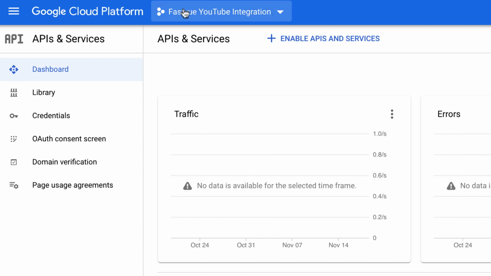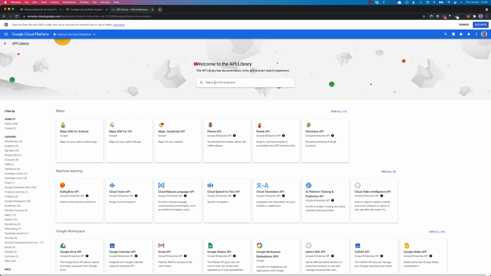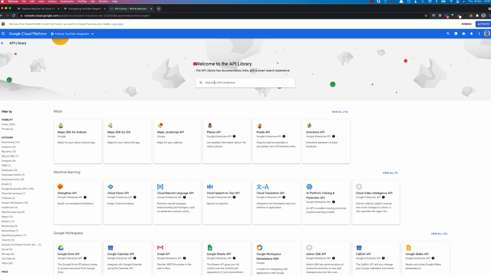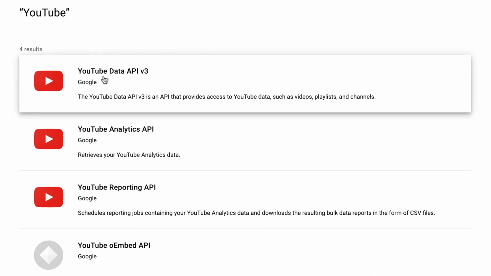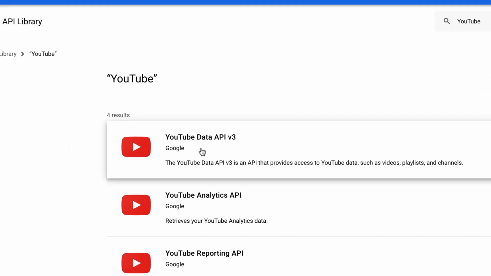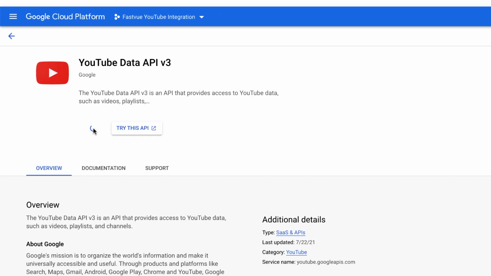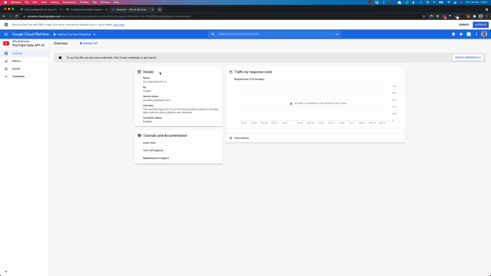and once that project has been created, make sure it's selected in this drop-down list at the top here. With the project selected, go to the library section on the left-hand side, and Google has a whole bunch of APIs available, but the one you want is YouTube. So search for YouTube, and the YouTube API you're looking for is the YouTube Data API version 3. This gives us access to videos, playlists, and channels. So go ahead and click the Enable button,